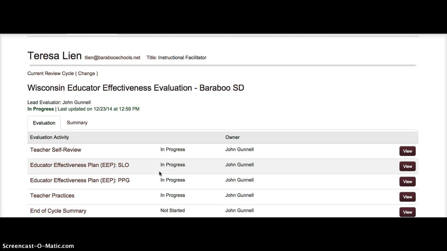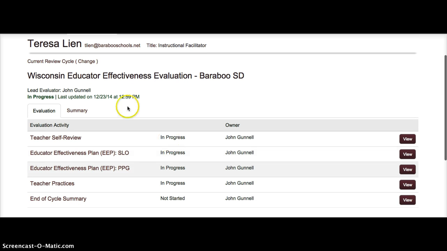It's December 2014. This screen is your evaluation template, and there are two places where you can enter evidence for artifacts, and that is in your SLO area and in your Teacher Practices area. I'm going to go into the SLO area,